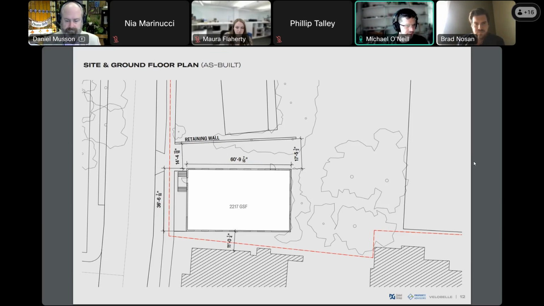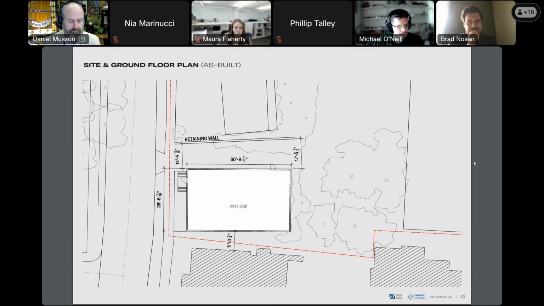So it is tight. We're just going to have to go back and forth until we get something that works from a code standpoint and a comfort standpoint. This was based on the feedback from your group, your committee, and Landmarks, that they'd like to see some sort of stair leading to the sidewalk. So we've got to figure out a way to make that work. If you'll recall, in the last round we had the main entrance on the north side of the building, so you would walk up the drive lane and enter where the current side entrance to the building is.